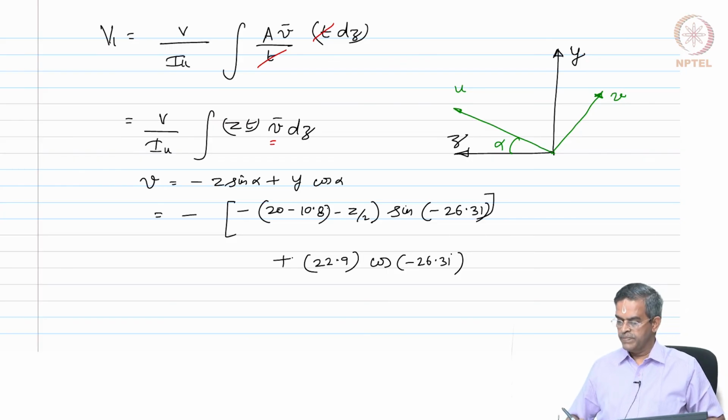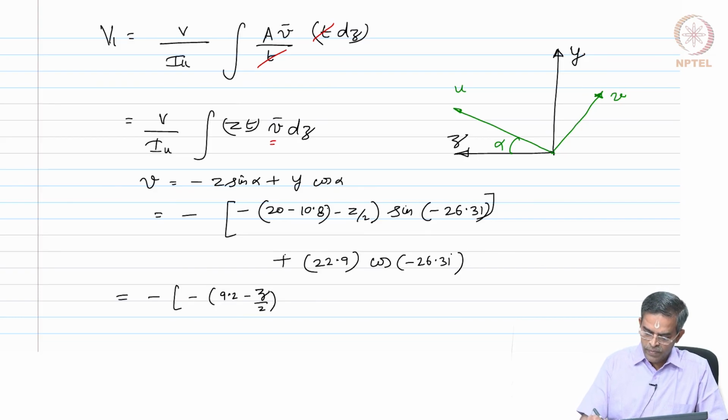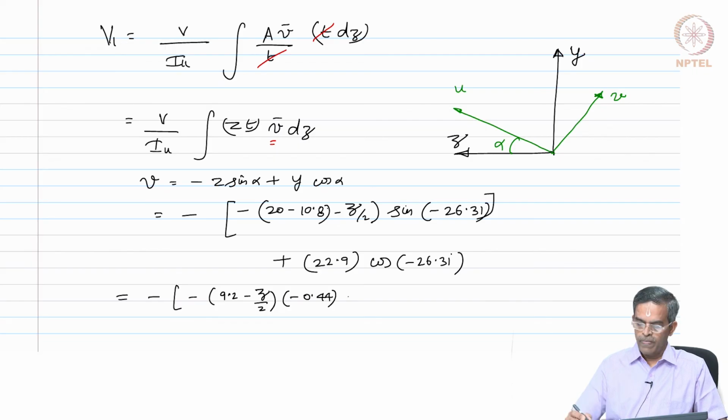So, friends, we have the V value with us, which can be simplified and said as minus of 9.2 minus z by 2. Okay, this is z. Okay, let me make it very clear. Minus z by 2 of minus 0.44 plus 20.5. Okay. So, V now becomes, or V bar, okay, becomes